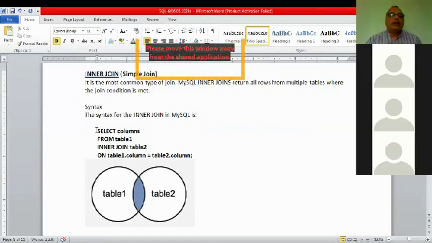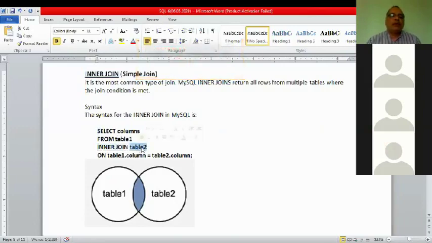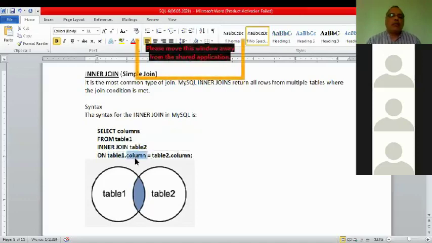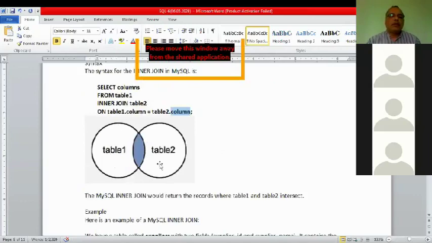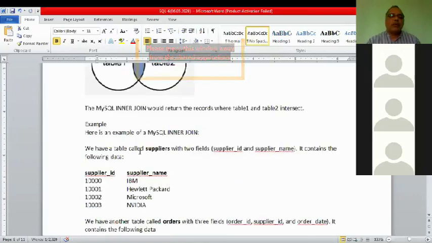Select column from first table inner join table 2 on table 1 dot common column equals table 2 dot common column. Graphically, the blue color is the common space, so the common records will come as output.